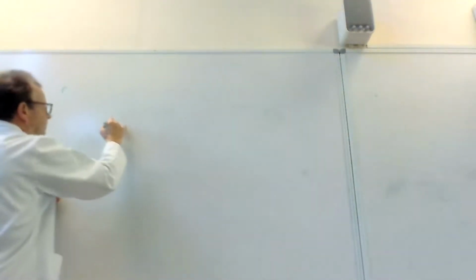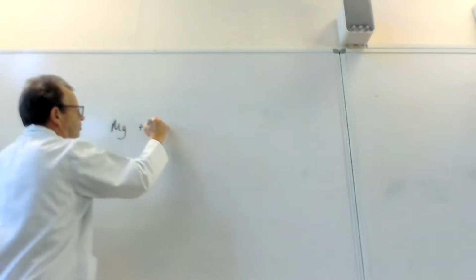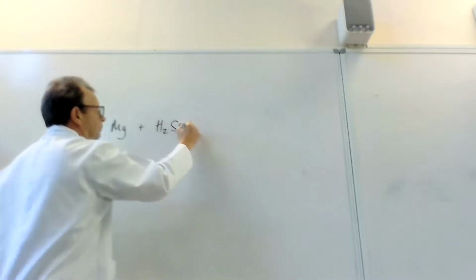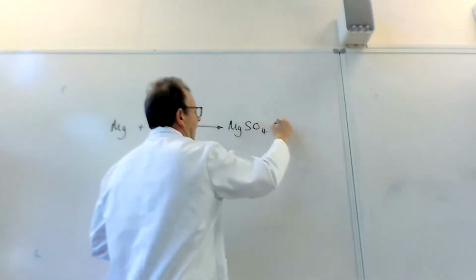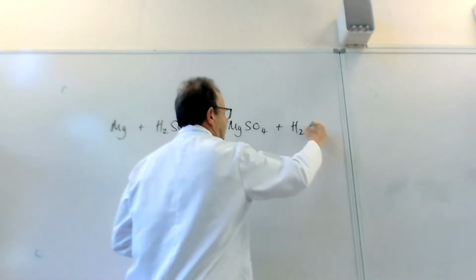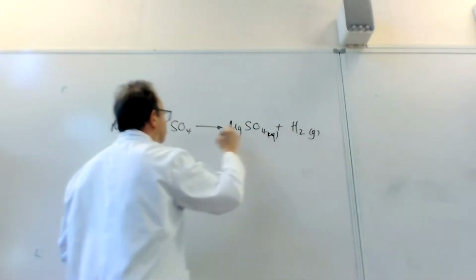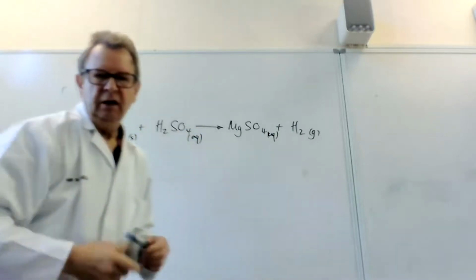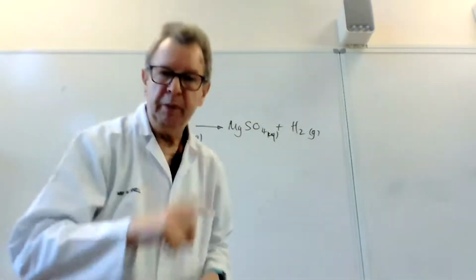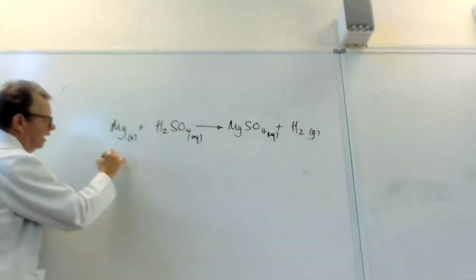Let's have a look at the calculation. So we've got the equation Mg plus H2SO4 goes to MgSO4 and H2. That's the gas. From the first triangle, because that's the one that we use, I've got